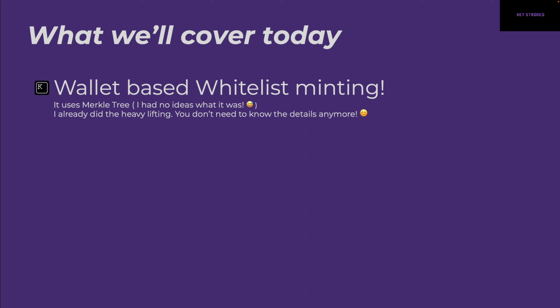And our focus today will be wallet-based whitelisting, which honestly I think is much simpler, because then you don't have to airdrop tokens, it doesn't cost you anything, and it has its own pros. And with pros, of course, there are some cons as well. This uses Merkle tree, and when I started to explore this, I had no idea what this was. But the best part is, you don't need to know anything about this. I've already done all the heavy lifting for you, so you can simply follow this video and get going